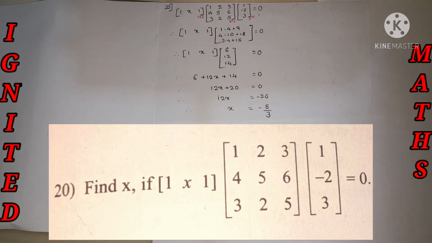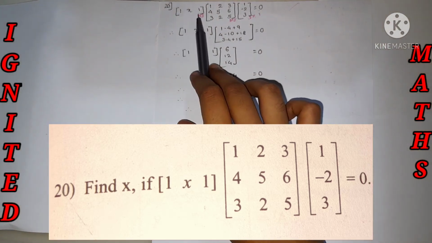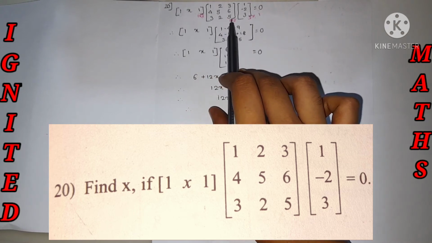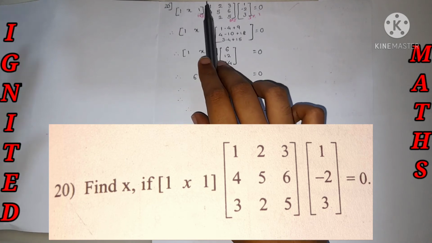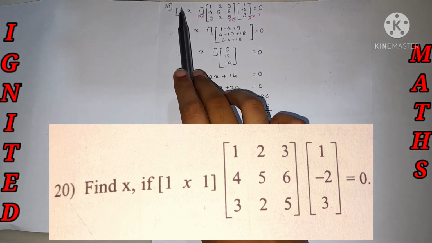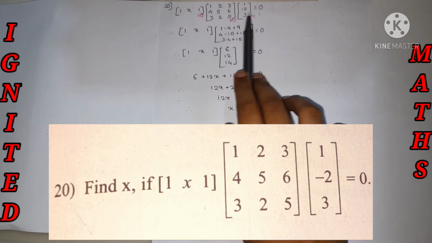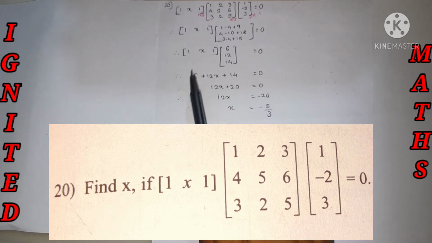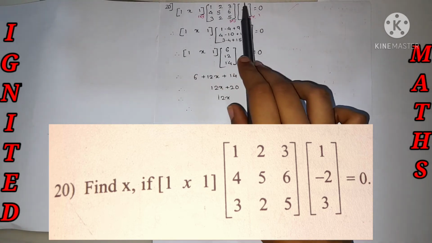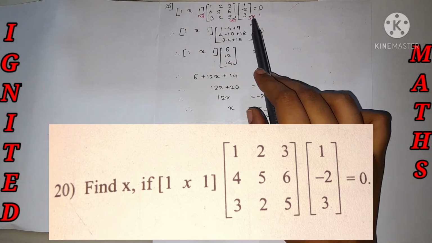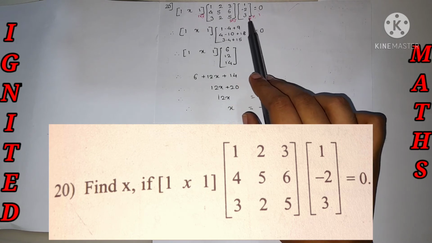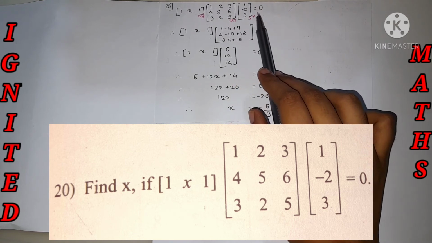20th main question. We need to find the value of x if three matrices are given and the value of it is also equal to 0. One matrix is of order 1 cross 3, the second matrix of order 3 cross 3, and the third matrix of order 3 cross 1. So just keep this matrix aside because it has the value of x. First we will find over here and then move to over here, because here all the number part we can find very easily. 3 cross 3, 3 cross 1. So cut it over here and we'll find the matrix of 3 cross 1.